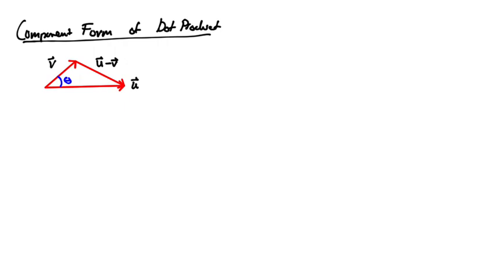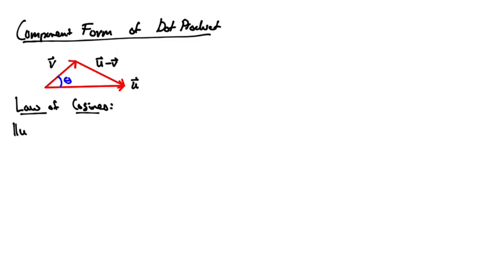If this was a right angle, if theta was pi over 2, I could use the Pythagorean theorem to relate all 3 sides of this. But unfortunately, this is not a right triangle in general. That angle could be acute, it could be obtuse, and we just don't know in general. So instead of using the Pythagorean theorem, we need to use the more general result called the law of cosines from trigonometry. And the law of cosines says that if you sum up the squares of the sides, they're kind of related like the Pythagorean theorem, but there's an extra term that involves the cosine of the angle between the